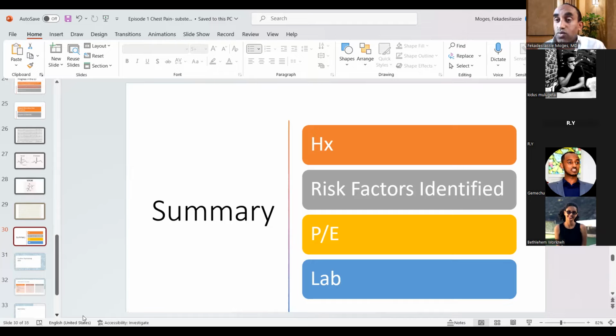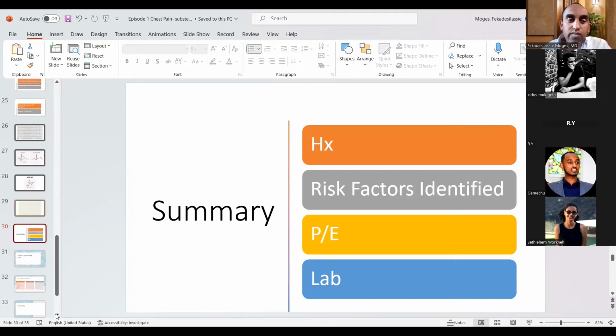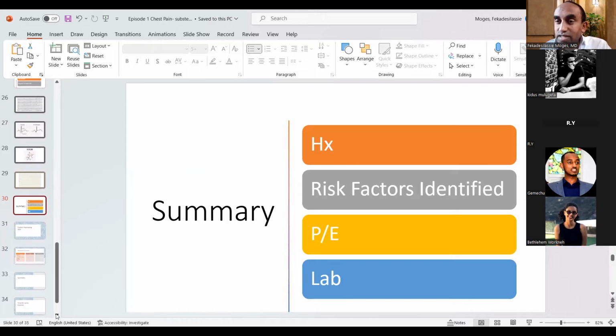So I know what you guys are dealing with. I know what I am expected of doing. So what shall we do next? Now we have diagnosed the STEMI. So what is the next step? Now consider the thrombolytics. I believe if the 3.5-hour gap window is not closed. Excellent. You are on the right track. Again, before you jump on thrombolytics, what is the best treatment modality for STEMI? First line treatment.